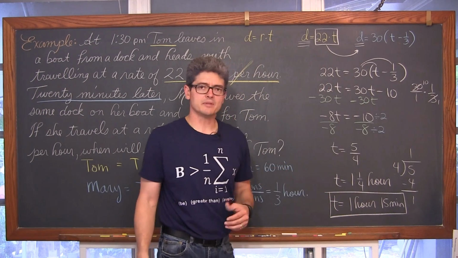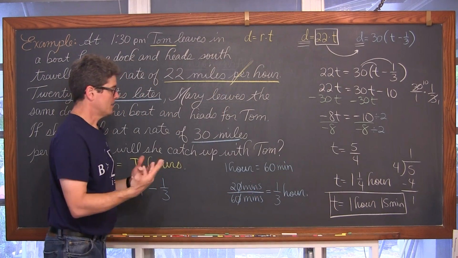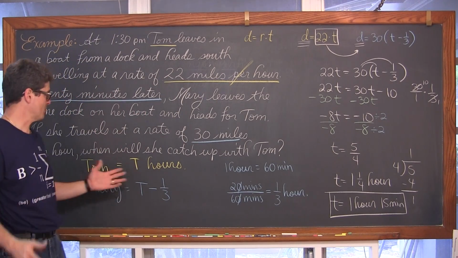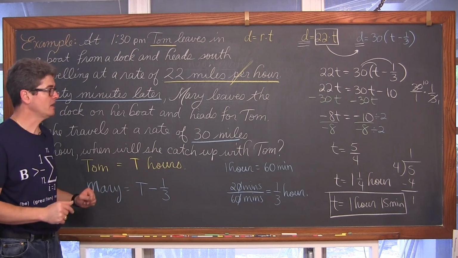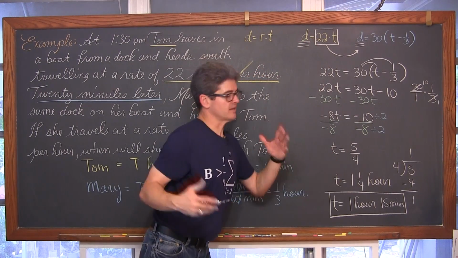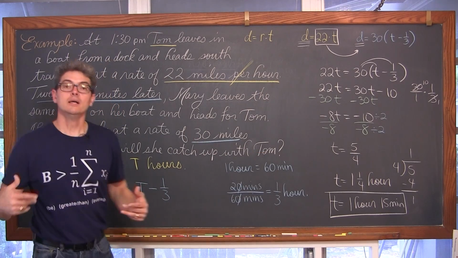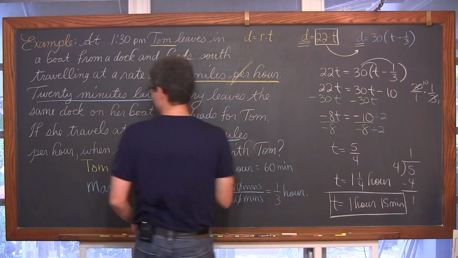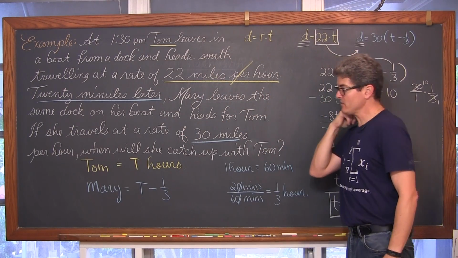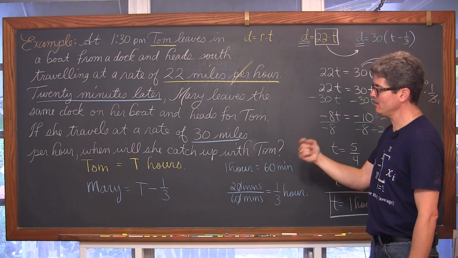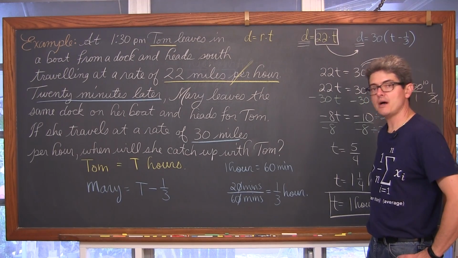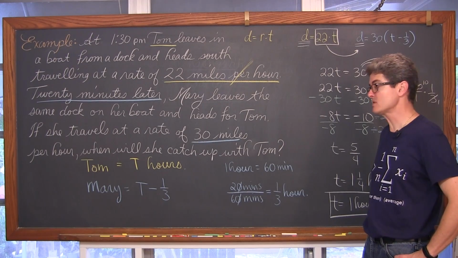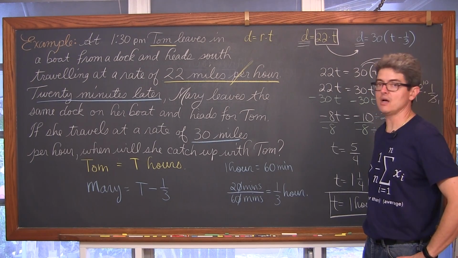Now, I'm putting a box around that, but that doesn't necessarily mean that's the answer. This is where I misspoke in the previous video. We need to make sure we understand that, wow, I got some variables defined. I messed it up a little bit there in the beginning, but we got some equations, I've done some math, and I got a number. Wow. What does that mean? And are you even answering the question? Well, it says, if Mary travels at a rate of 30 miles per hour, when will she catch up with Tom? Doesn't ask, how long is she traveling? Just simply, when will she catch up?